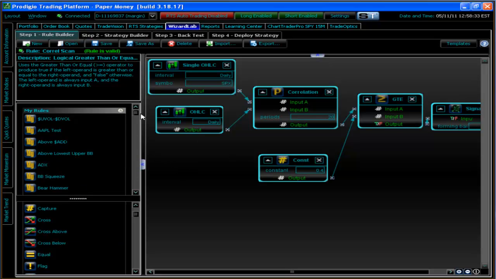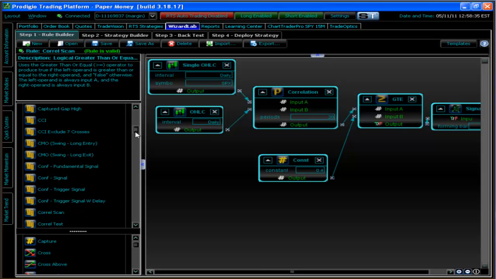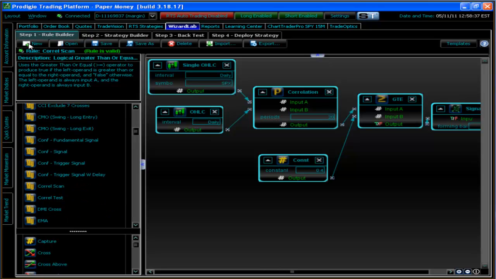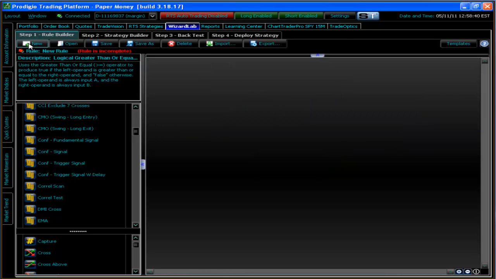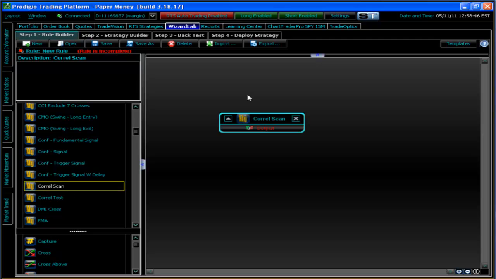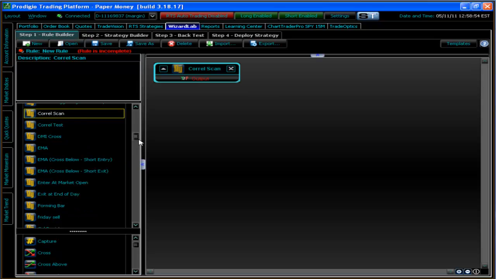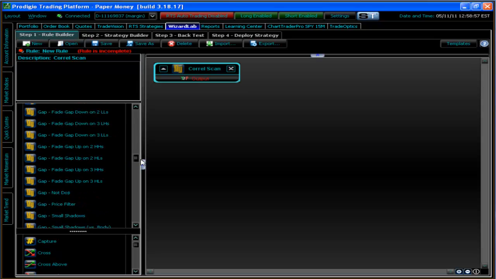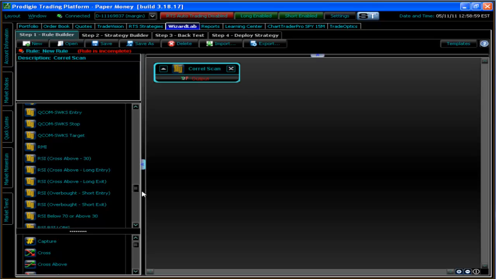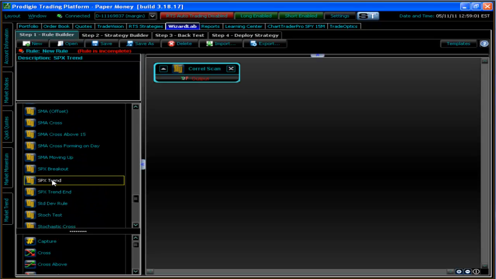But now, to tie them together, in my rules, I've got two different rules that I use as scans. Right, so I'm going to say new. That's going to flush the canvas. I've got a brand new workspace for my rule builder, and I'm going to use this correlation scan in a master scanning rule. I'm going to take that correlation scan, and I'm going to take this linear regression, this SPX trend, which I saved as SPX trend,